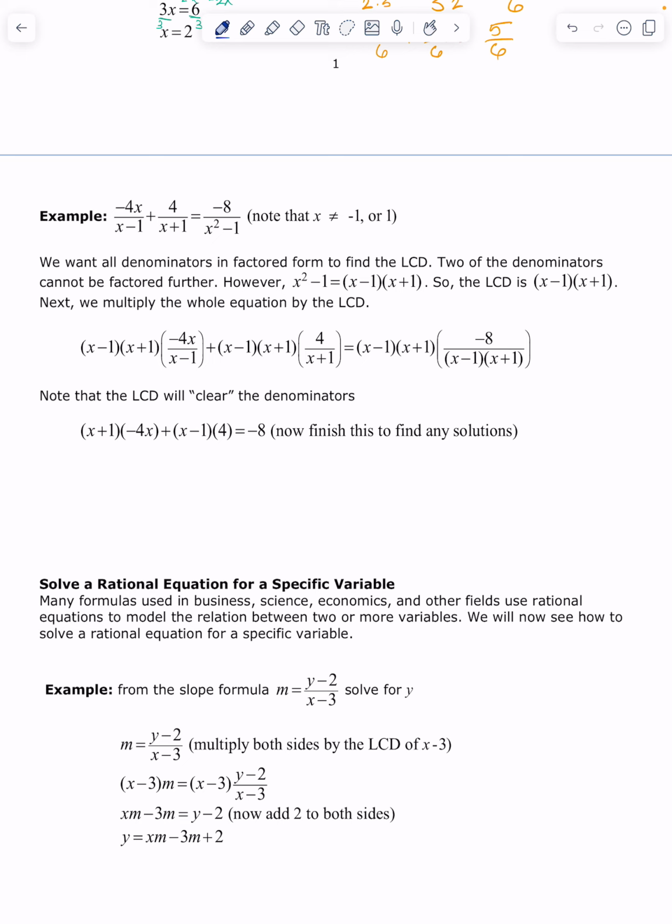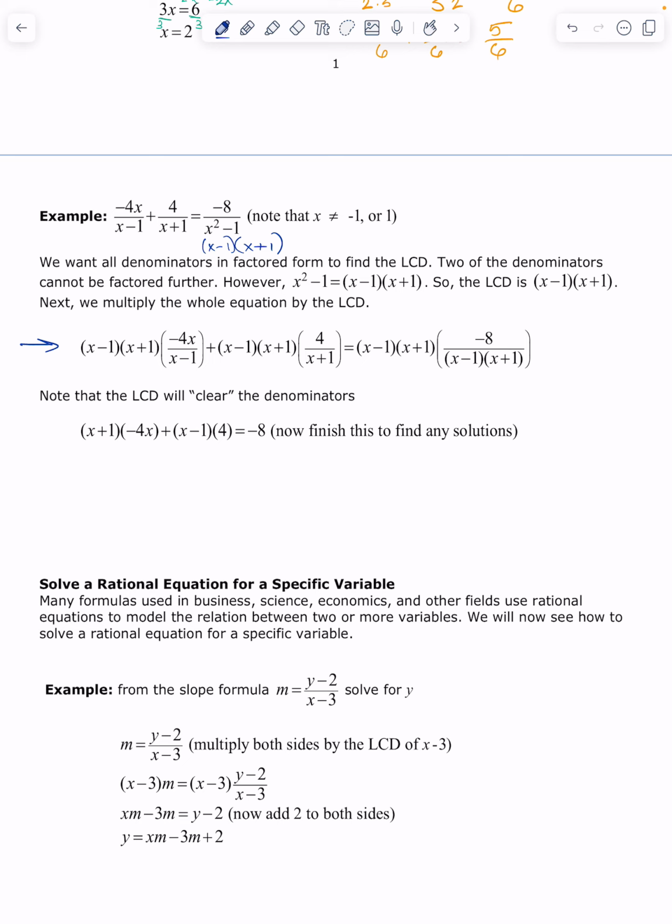Here, notice that I have got x's in all of the denominators. So I start by factoring whatever I can. Okay. So there really only are 2 separate linear factors, x minus 1 and x plus 1. So if you take a look at this line right here, we multiply everything by x minus 1 times x